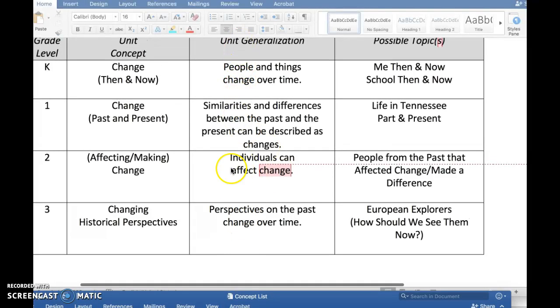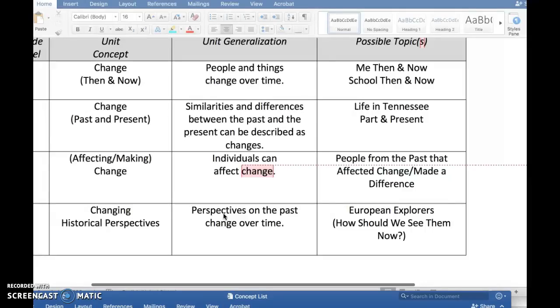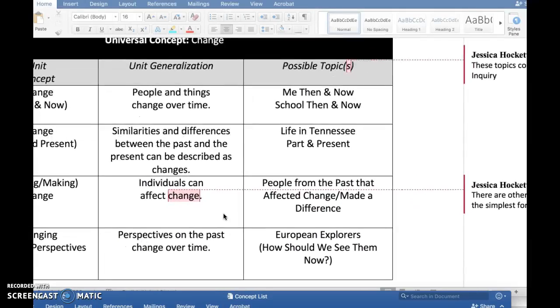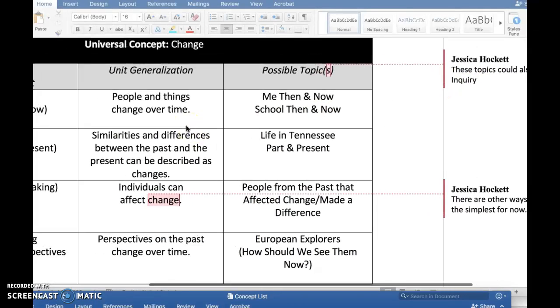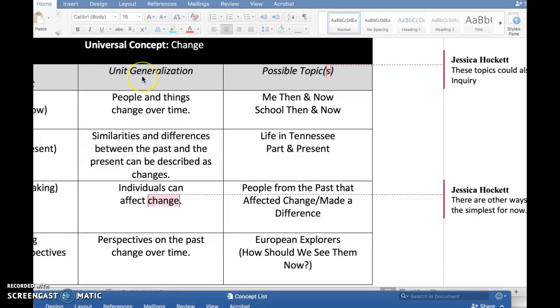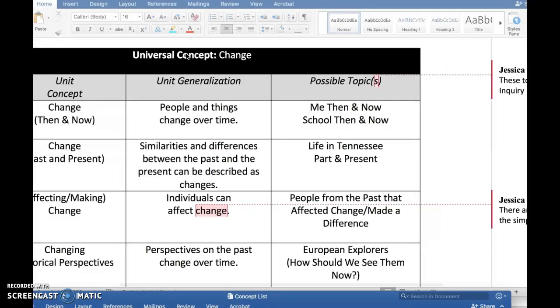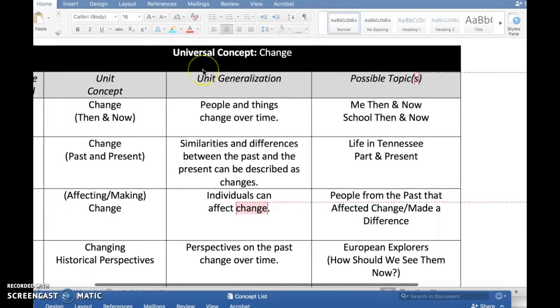So again, the escalation of sophistication here is something that I attempted. These topics or similar topics could also be framed with the concept of inquiry, so that the generalizations are linked to inquiry as their focal point, not change. You could also have two universal concepts in this framework, change and inquiry, the idea that we conduct inquiry to see how things have changed over time. I know that's different than the science, but you might have a couple different sets of generalizations, some related more to the content and some related more to the historical inquiry skills.